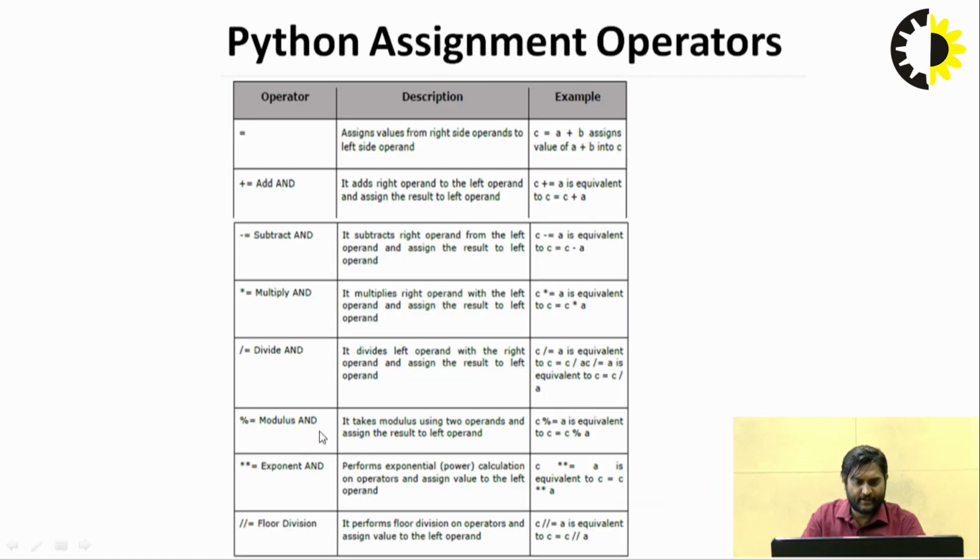Modulus: here we check the modulus. C modulus equal to A means C modulus A, and the result is assigned to C. Exponent: C star star equal to A is equivalent to C power A. Floor division: C floor division equal to A is equivalent to C equal to C floor-divided by A. Now we check,